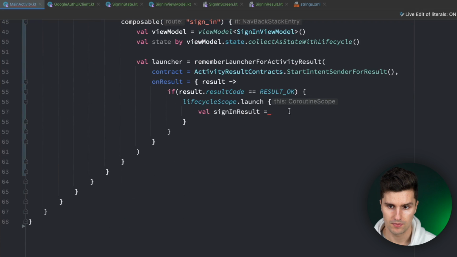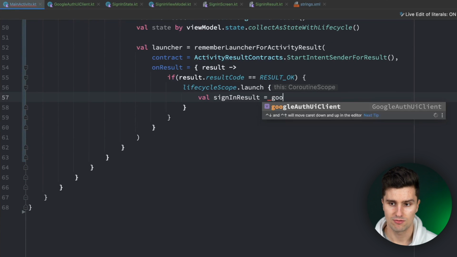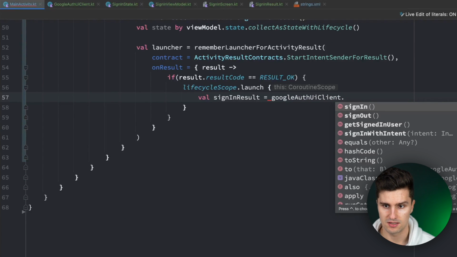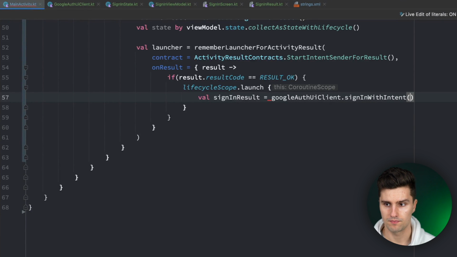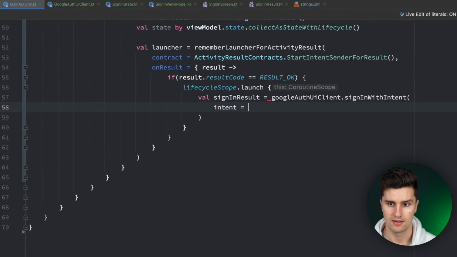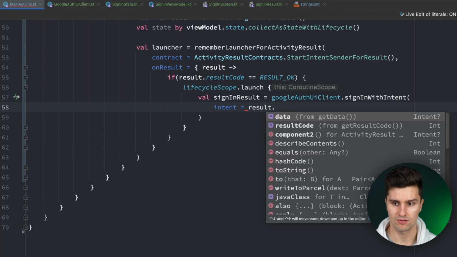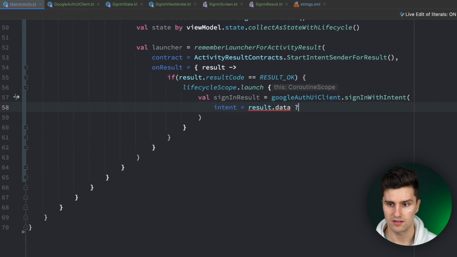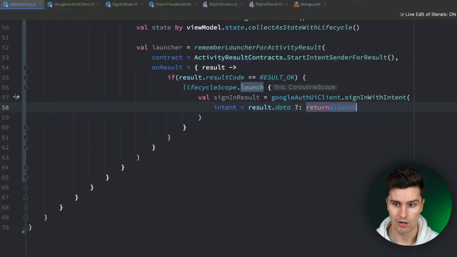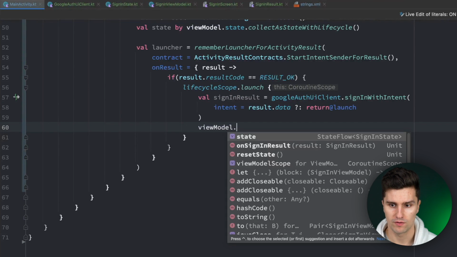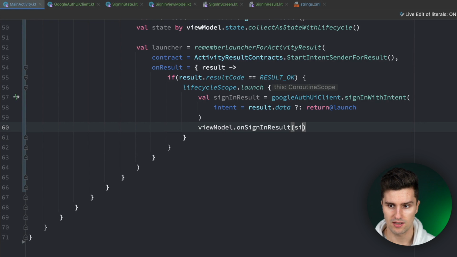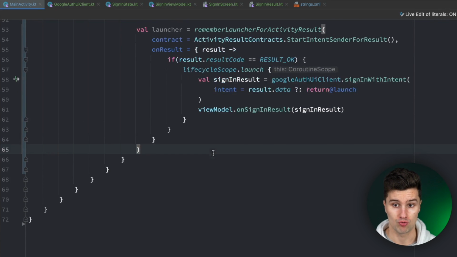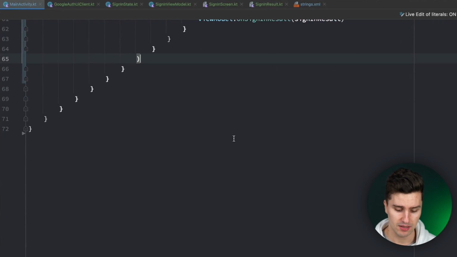Then we can scroll down, say val sign in result is equal to Google auth UI client dot sign in with intent. The intent is now equal to result.data. You can see that is simply an intent. And if that is null for whatever reason, for example, if the result was not successful, we can return out of our launch block. After that, we can finally call our ViewModel and say on sign in result and pass this sign in result so our state gets properly updated. And then right now we don't do anything with this launcher. We of course want to execute it when we click on our sign in button, which we want to do